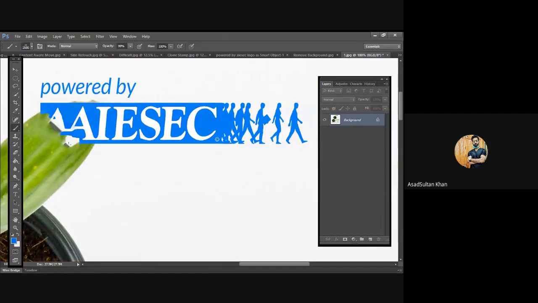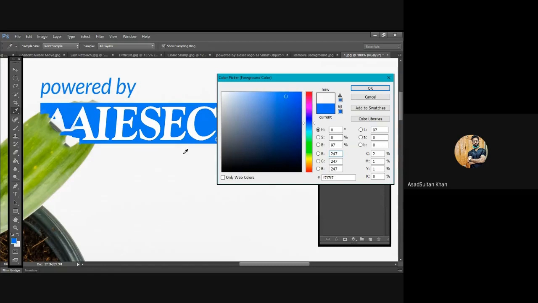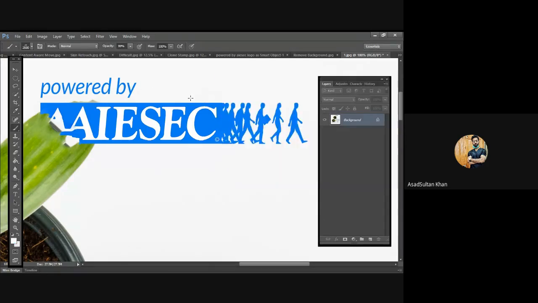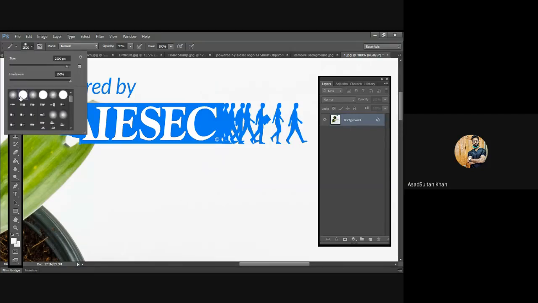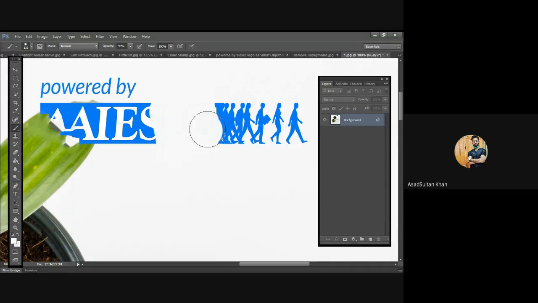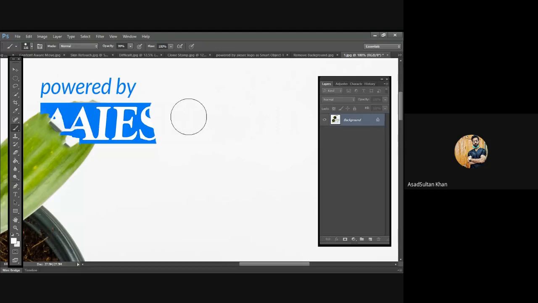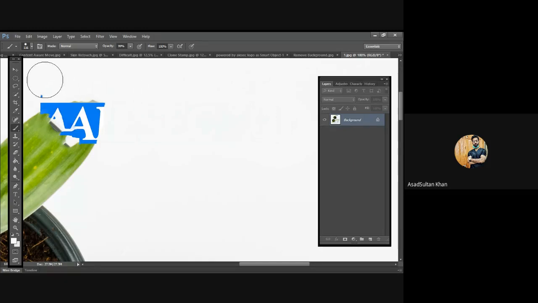How you can do that? You can select the brush tool, select the background, and just do this. If you have a logo जो एक background पे pasted है, and it's not as complicated as this, so it's very easy. Just like select the brush tool, आप उससे color को background वाला color select करो, and just like paste it